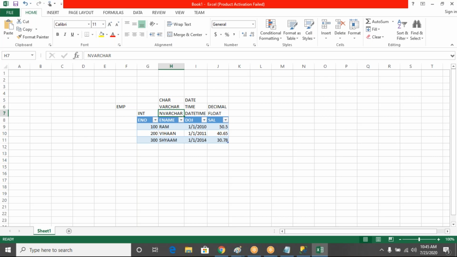So in your database, when you are inserting data, for example, employee name RAM, how many characters? 3 characters. Each character will occupy 1 byte of space. 1 character, 1 byte. At the time you define the data type of this column, you need to specify the maximum number of characters